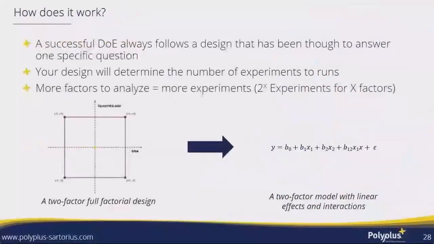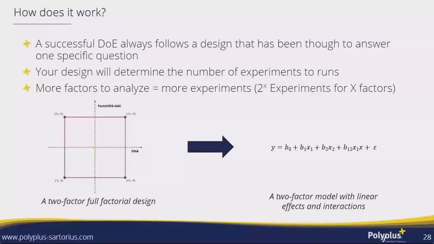But how does it work? So a successful DOE always follows a design that has been thought out to answer one specific question. And this is the design that will determine the number of experiments you run. For example, a really simple design, if we look at just two factors: the quantity of DNA per million cells, as well as the quantity of vector, the AAV, per million cells during your transfection. So you can use a two-factor full factorial design, which will basically be comprised of 4 points, testing the most extreme